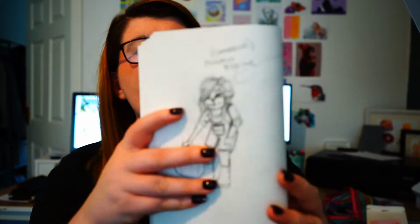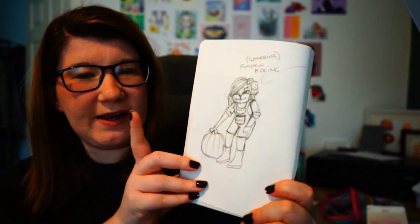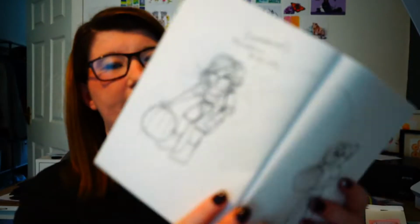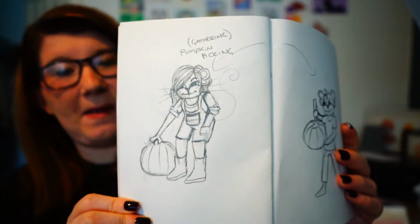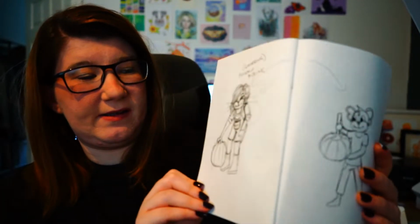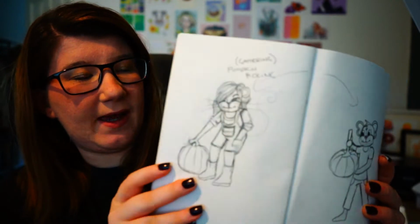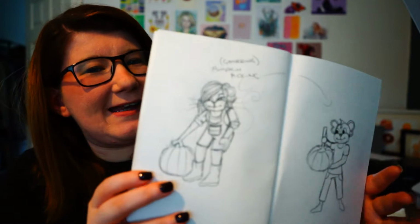It's just that the tail sometimes is really annoying to try and figure out. Like this one, for example, I really like this illustration, and I feel like if I added whiskers and a tail to it, it would just ruin it. Hold on, we'll do that now. So I very lightly penciled in the whiskers and the tail. I don't know if you can see it or not, but yeah, I don't think it adds anything to the illustration, and it just kind of makes it difficult to make stickers with them. So I think I'm going to omit the